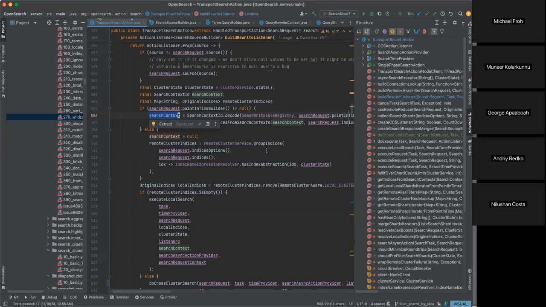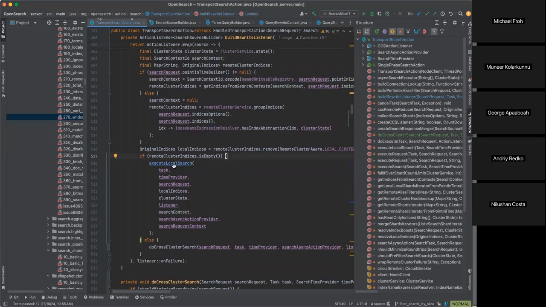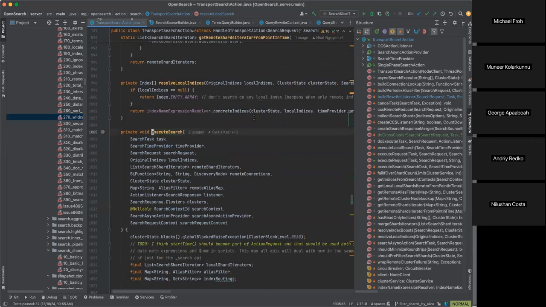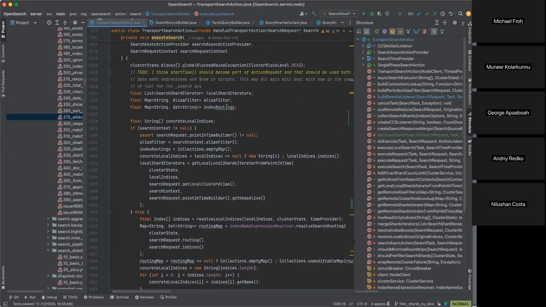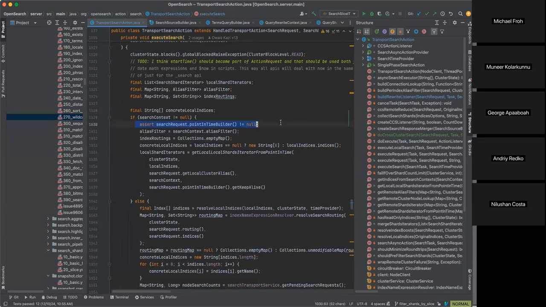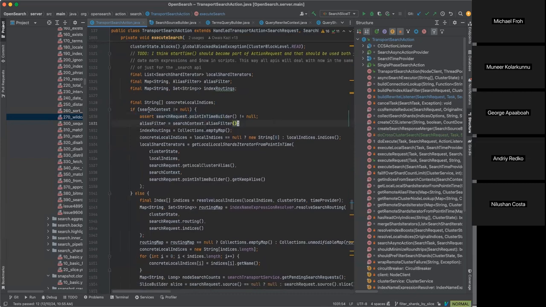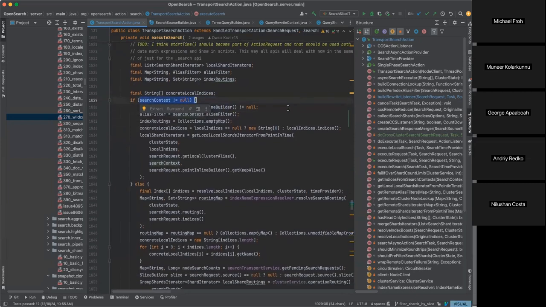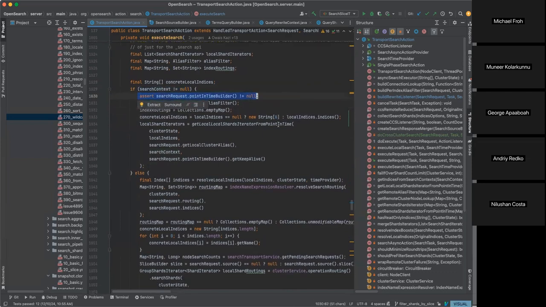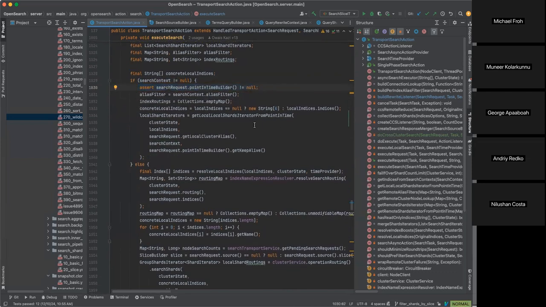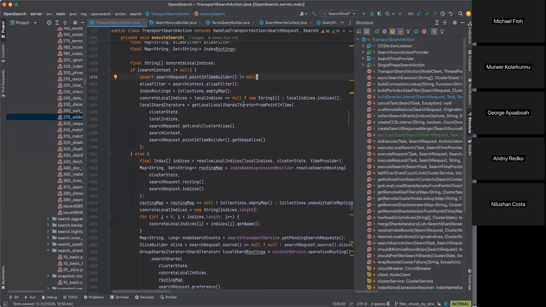Okay, so getting back to where we were in execute local search, which was an execute search. So let's assume that we're not doing a point in time search. And that's why it has this little assert. It's like, well, the only way that the search context isn't null is if we're doing a point in time search. So throwing this little assertion here is a good double check. And this also explains why we have the get local shards iterator from point in time. Oh yeah, that's also a good point. Now that I think of it,